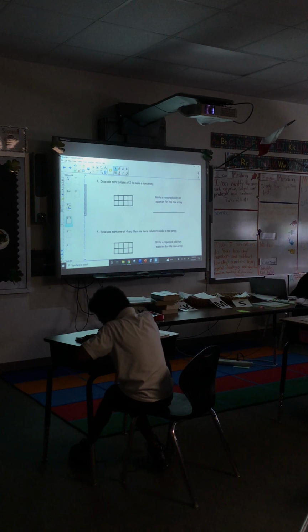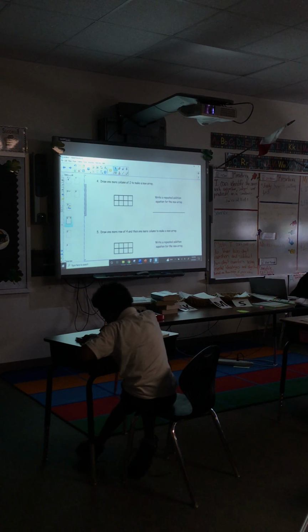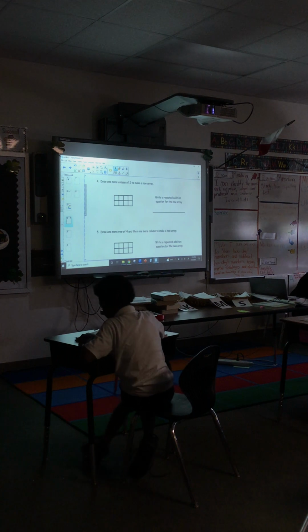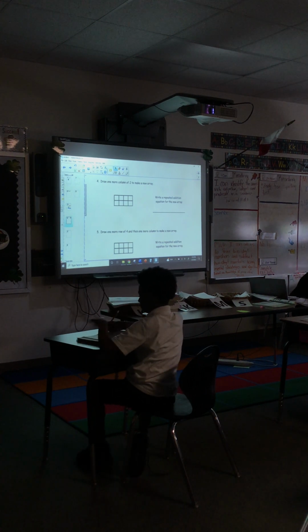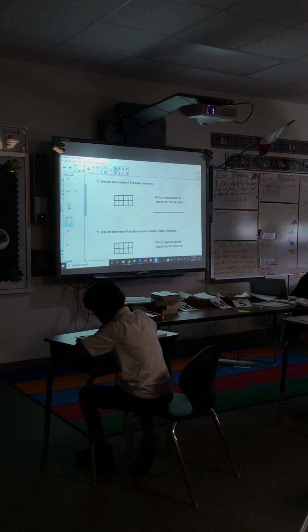You ready to do your exit ticket, but all this is wrong. See how fast you be going? And you don't be waiting for me. Take your time. There's no need to rush. Remember, when you're constructing a new array, we're not leaving spaces and gaps. It shouldn't be two separate